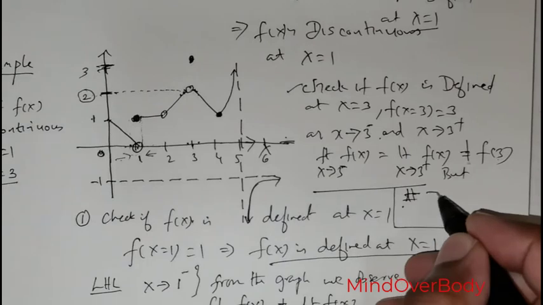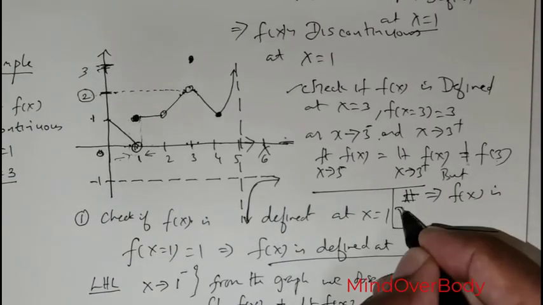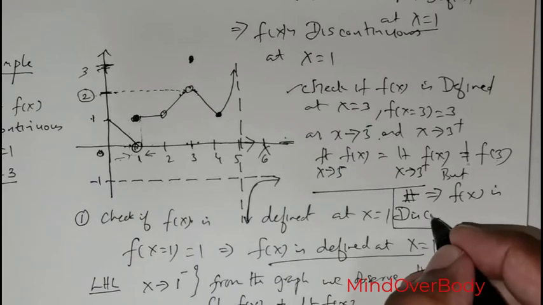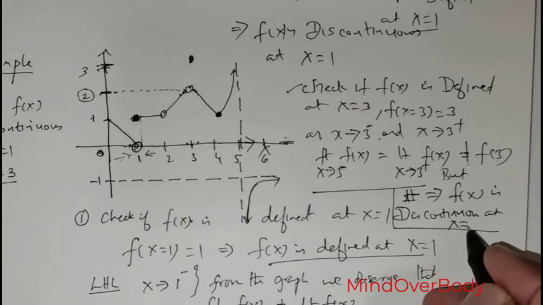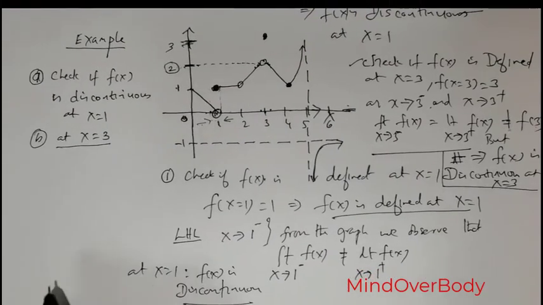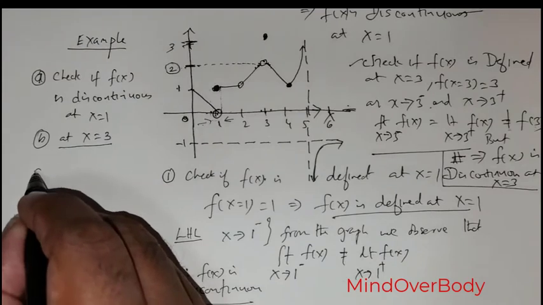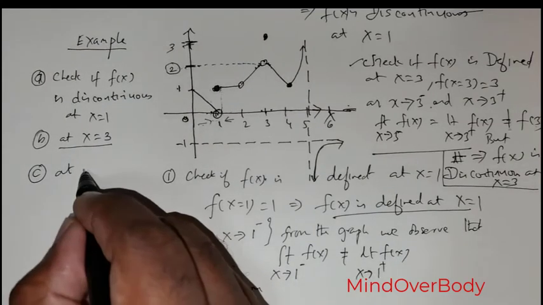So I can safely conclude that f of x is discontinuous at x is equal to 3. So that is the conclusion for this question. Probably we'll wrap up with one more illustration to check if the function is discontinuous at x is equal to